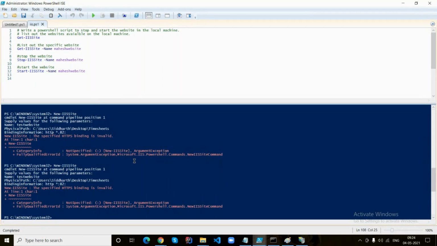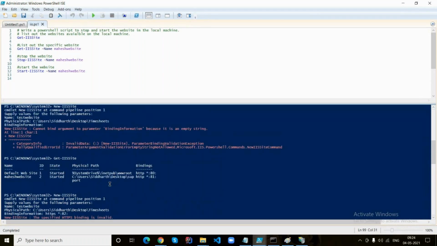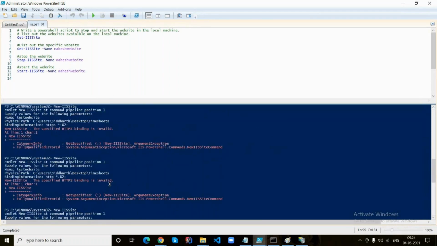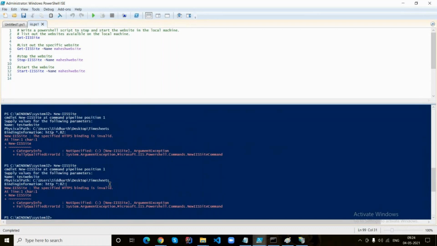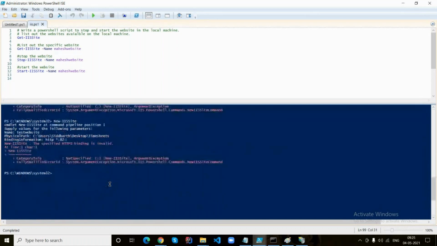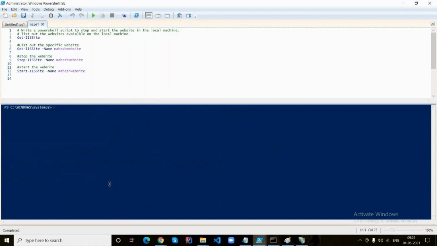So you're not sure still how to pass this value, right? Yep. Let us make execute in a different way. As it is saying the binding information is invalid, let's do something else. Clear screen, please. Now execute the information for a particular website. Execute the line number 6, that's fine.